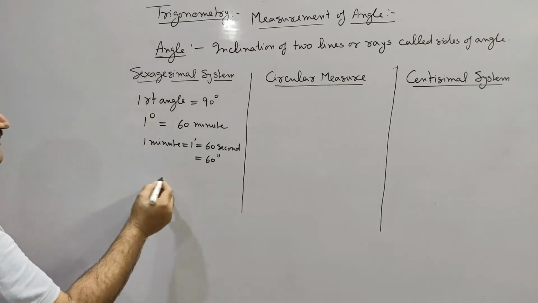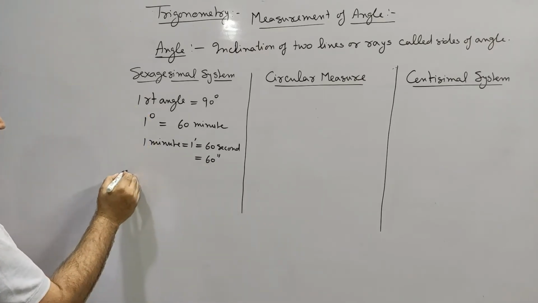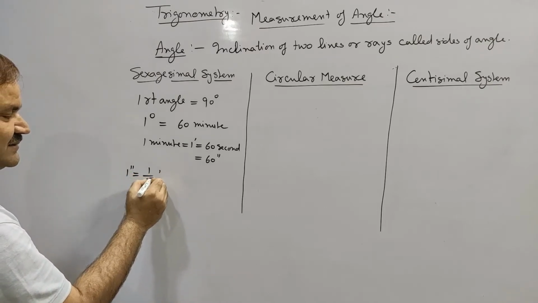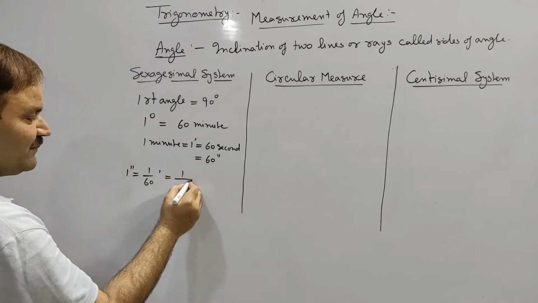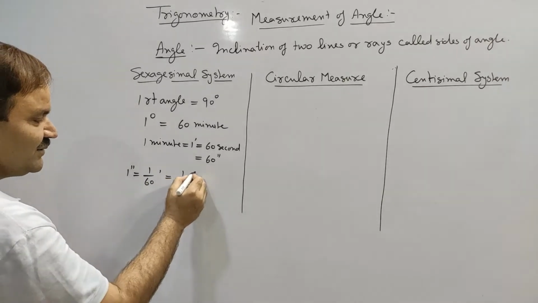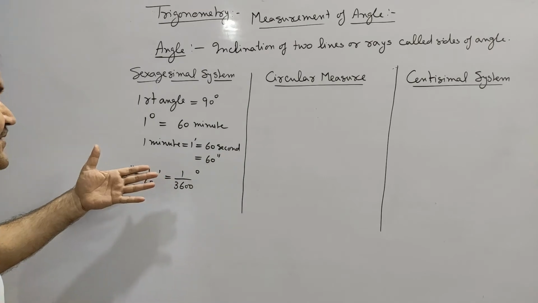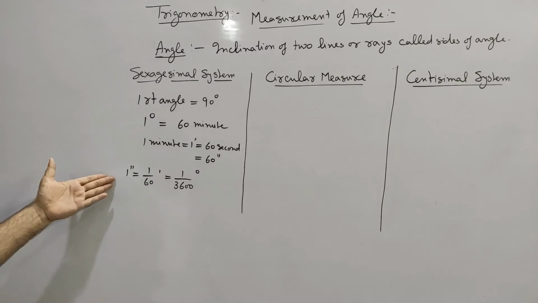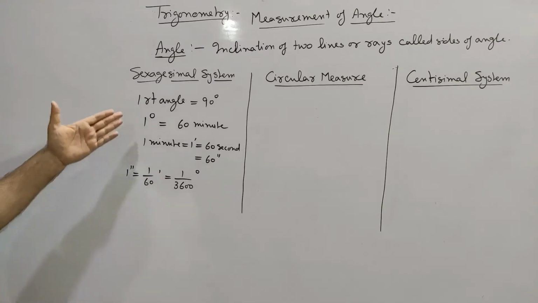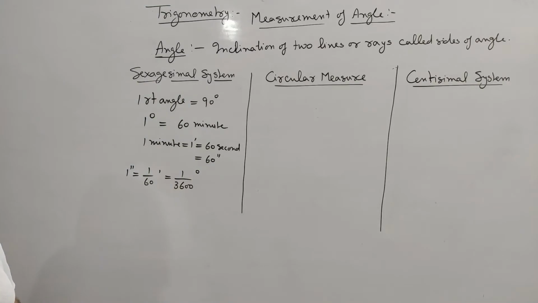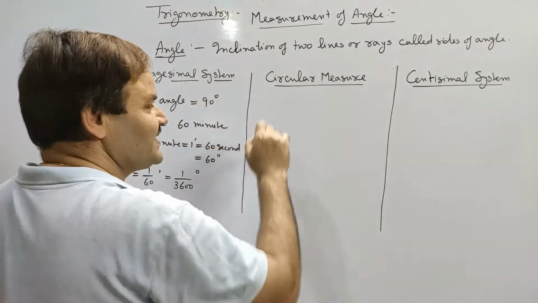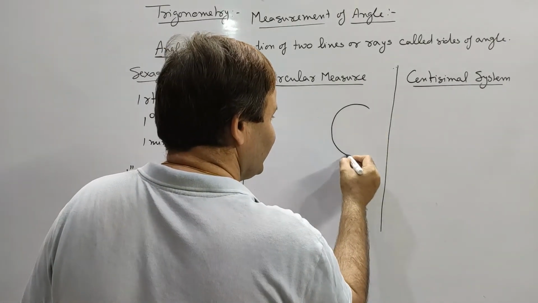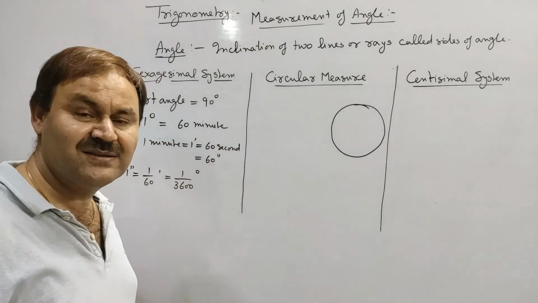Now it means 1 second is equal to 1 by 60 of a minute, which is equal to 1 by 3600 of a degree. It was about the system of measurement of angle which we have been using since 6th standard, and this system is called the sexagesimal system. Now the second way of measurement of angle is circular measure, that is in